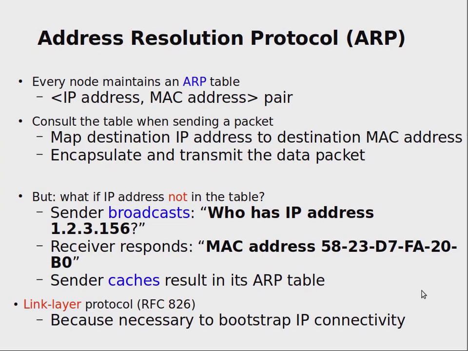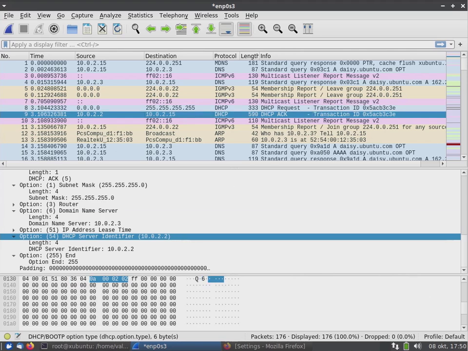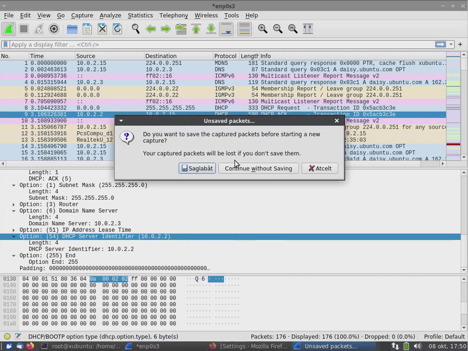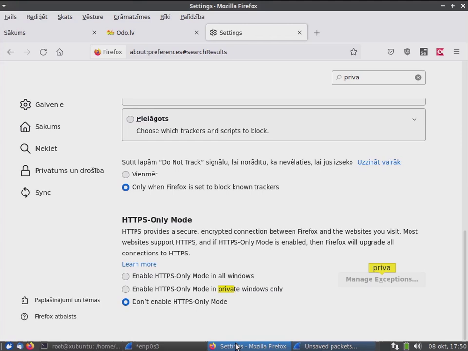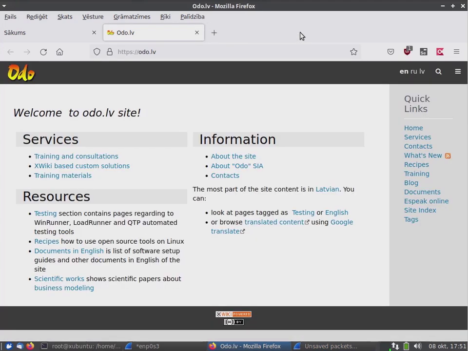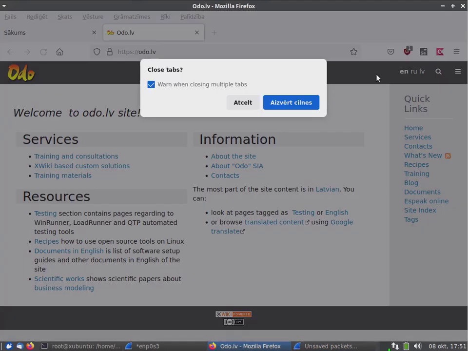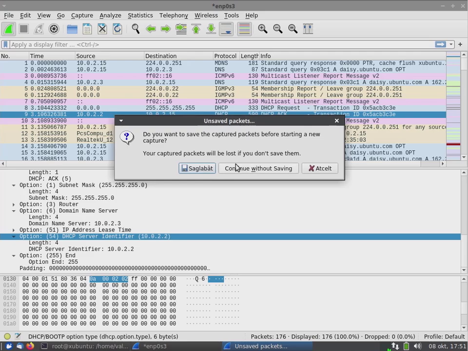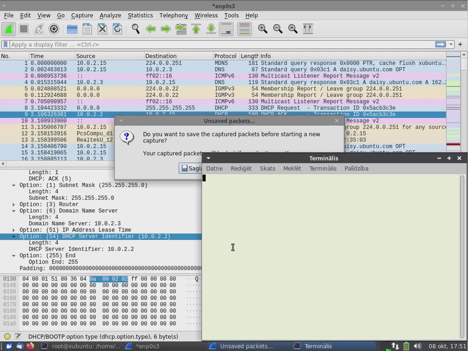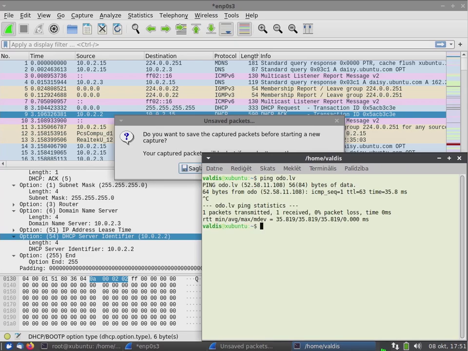And if we look at some example, let's start again. What we could do, let's not use the browser. We will use the IP address directly.